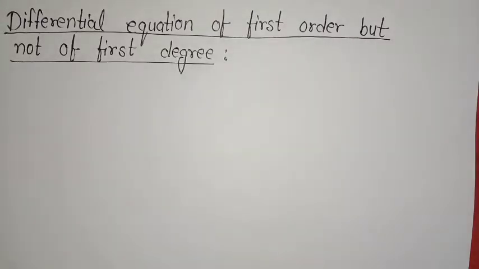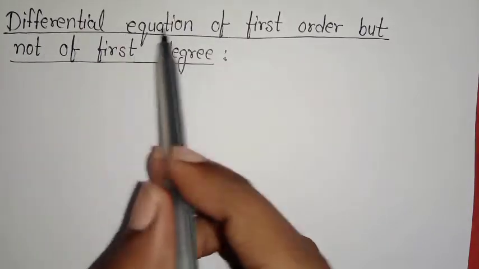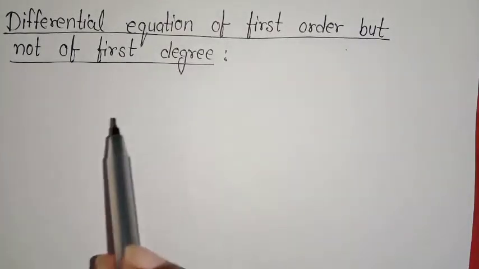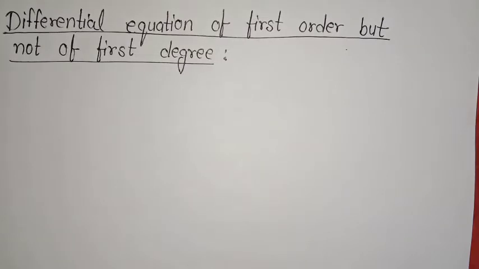In our last video we discussed a topic which is differential equations of first order but not of first degree, in which I told you how many forms of solution exist. Firstly, I told you about the Cartesian form in which only x, y and z are involved, and secondly the parametric form. I told you that there are three methods to solve such differential equations: solvable for p, solvable for y, and solvable for x. I explained the method solvable for p, and I took two examples to show how to apply this method on any given differential equation.